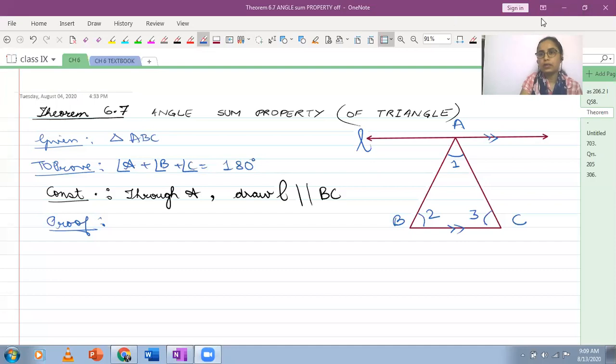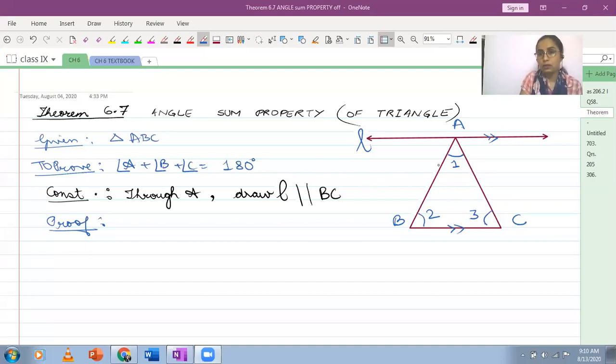You cannot prove the result for a particular triangle. The triangle can be any type of triangle in general. So you cannot specify the type. It's a triangle. I don't know whether it's equilateral, whether it's a right triangle or a scalene triangle. In general, if I have a triangle, there will be three interior angles, and I want to prove that the sum is 180 degrees. So without using any property of a special triangle, I will be working with what's given to me. I don't know what type of triangle this is. I just know that there are three interior angles. I want to prove that the sum of these three angles is 180 degrees.